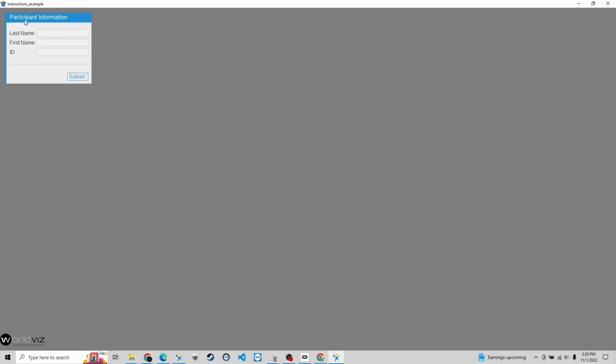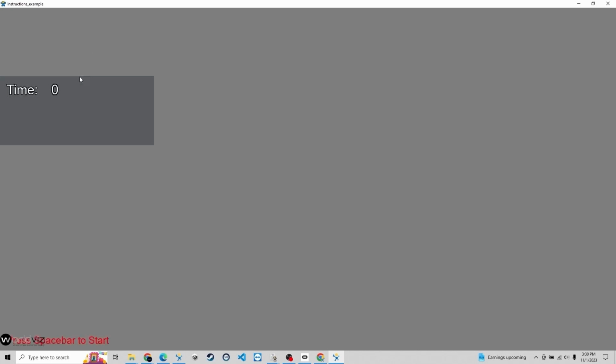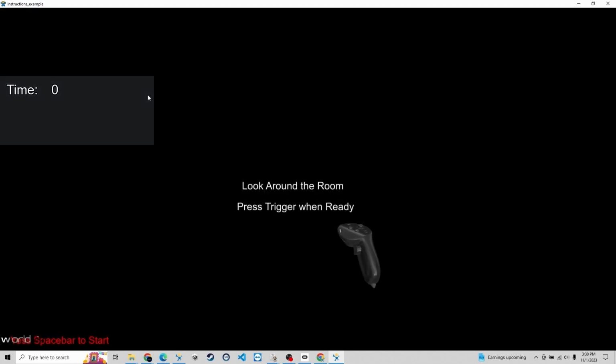And then we can input participant information so that the data that is being collected is linked to a participant of your script, or somebody who runs the script. But for now we will skip that because we don't need the participant information to track any data right now. And then we will just click submit. And to start the scene we will press the spacebar, and now we can see our first instruction, which was